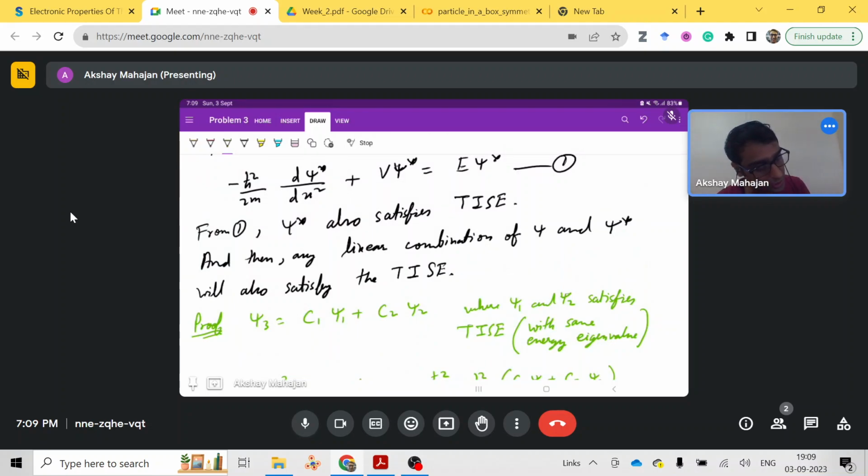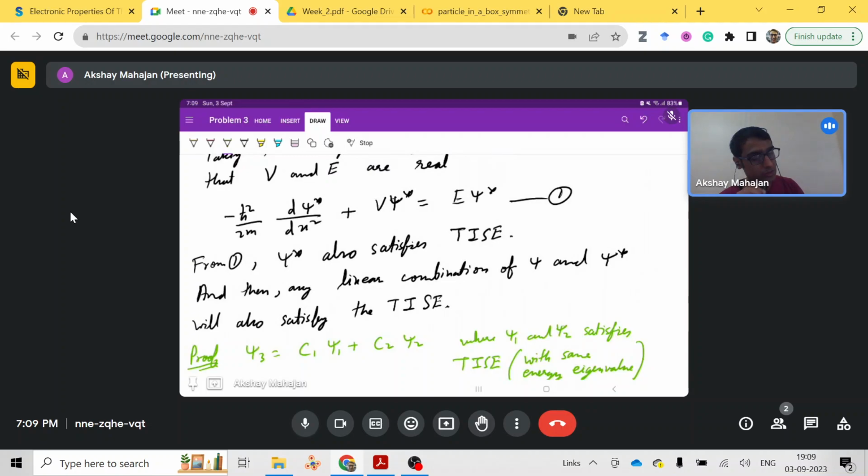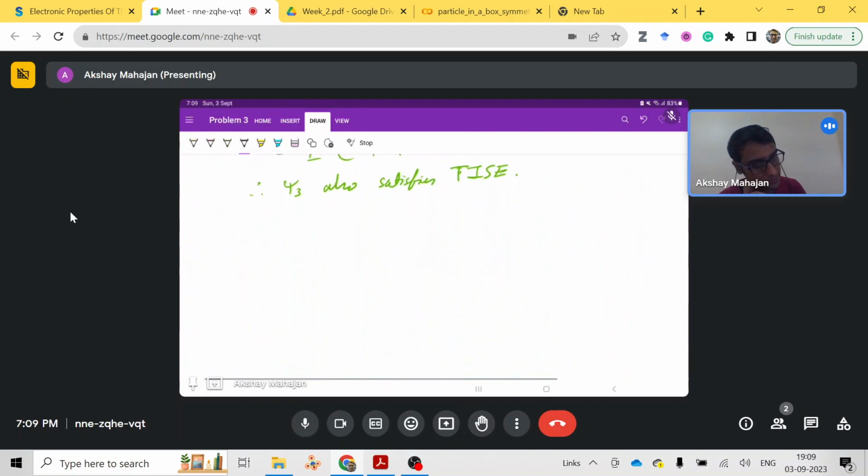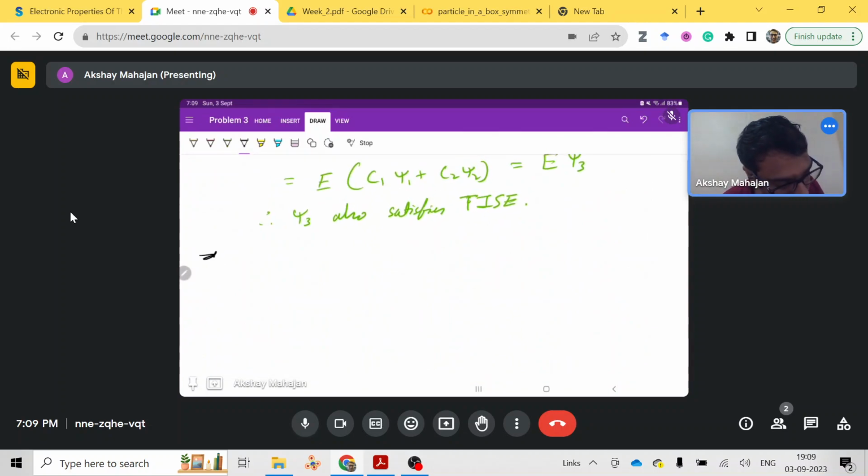Okay, so now from this general solution we can say that since psi and psi star both satisfy the time-independent Schrodinger equation (TISE), any linear combination of them is also going to satisfy TISE. Now, back to our problem. Thus,